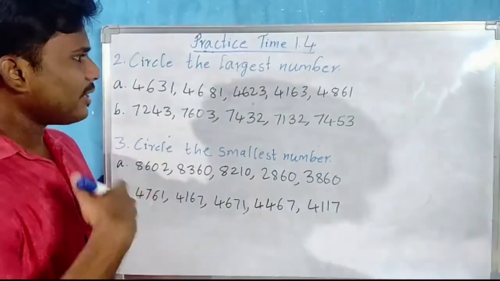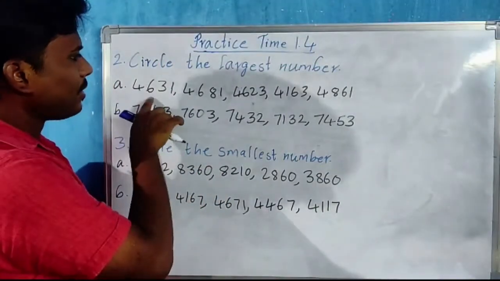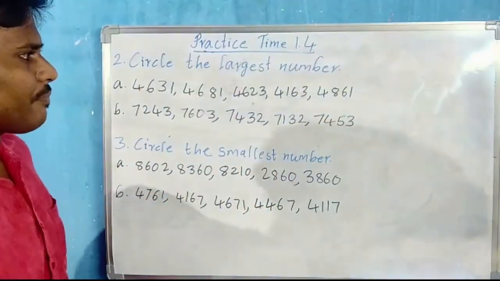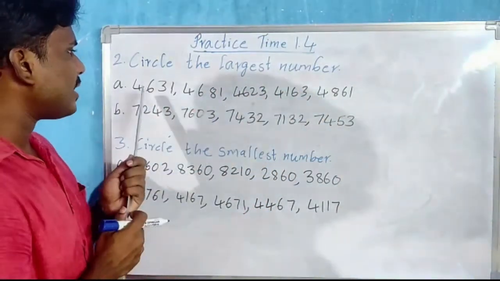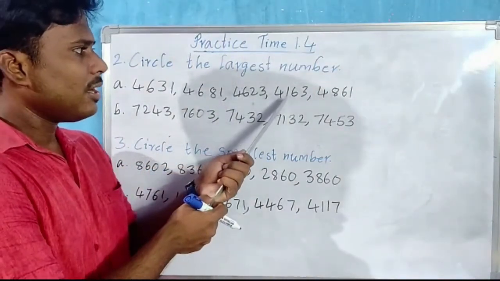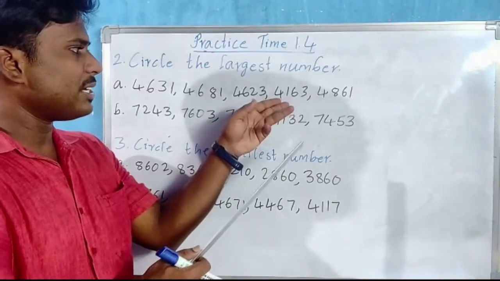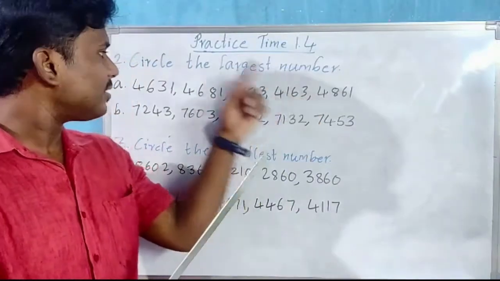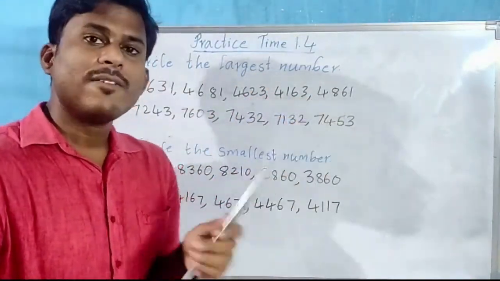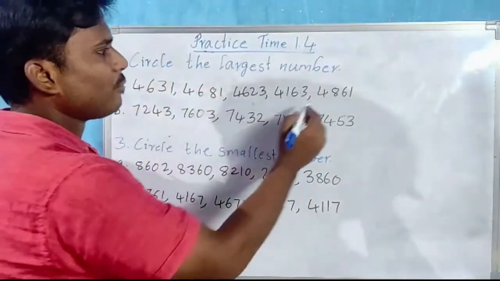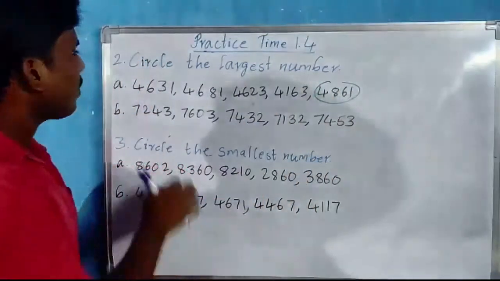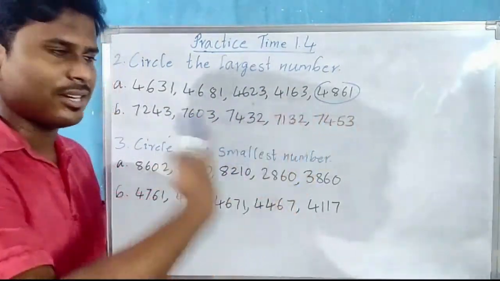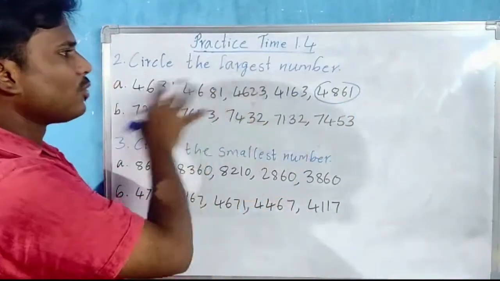Then go for hundreds place. Hundreds place, we have 6 here, 6 here, 6 here. 1 and 8. If you compare in the hundreds place, 6, 6, 6. It's okay. 1. This 6 is greater than 1, so we have to keep it aside. And see all the hundreds places 6 and here hundreds place 8. So 8 is greater than all these numbers. So automatically this number will become the largest number among all these. Because the others are 4600, 4600, 4600 and 4100 only. Here 4800. So this number will become the largest number out of all these numbers.